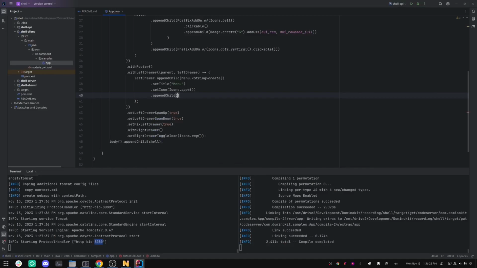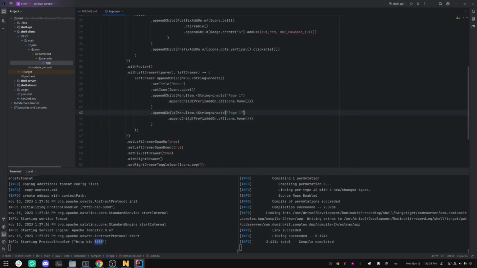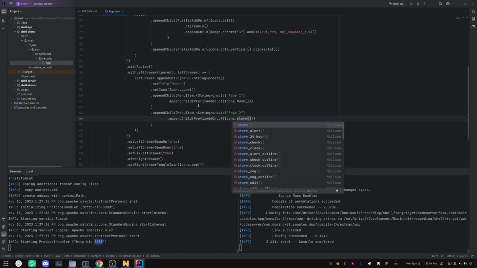Append tile menu item. Create. So this would also be of type string. Page 1. Append tile prefix add-on of. Let's create an icon. Icons home. And let's append another one. Now if we refresh,